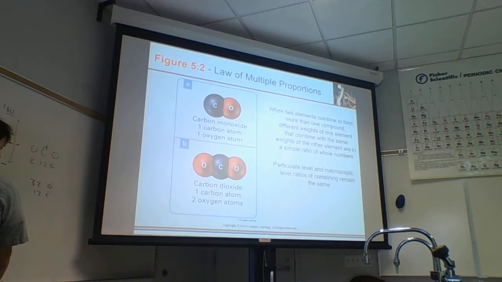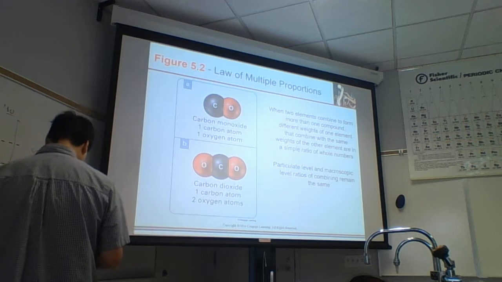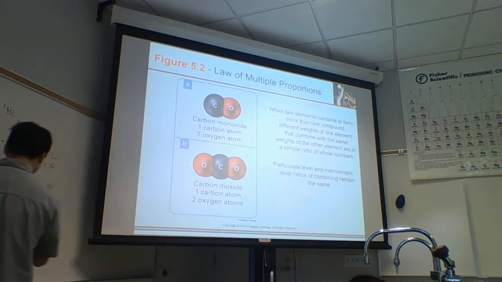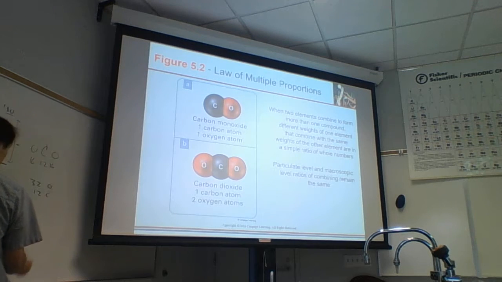Almost 3 times. What is 32 divided by 12? We might as well get the right ratio. 32 divided by 12 is 2.6. So in terms of weight ratio, we'd have 1 part carbon, 2.6 parts oxygen,